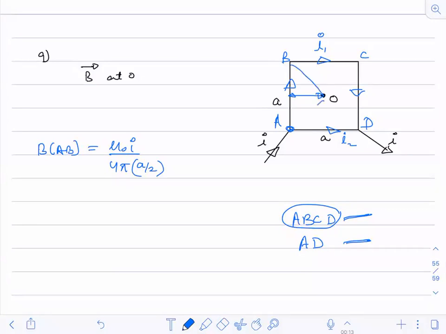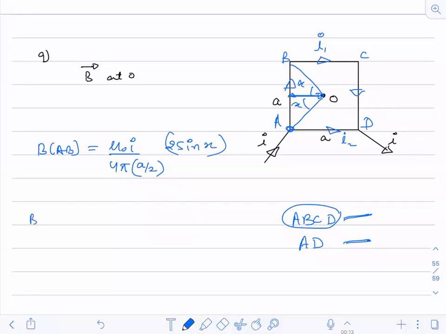You will try to calculate this angle and this angle. Suppose these two angles are x, because this is a square. This will become a perpendicular bisector, so this will become x and this will also become x. So I can write it as 2 sine of x. Now, due to AB you have calculated. Can I say the same magnetic field will be due to BC also and CD also? Yes. The same magnetic field I'll be having due to BC also, and due to CD also.